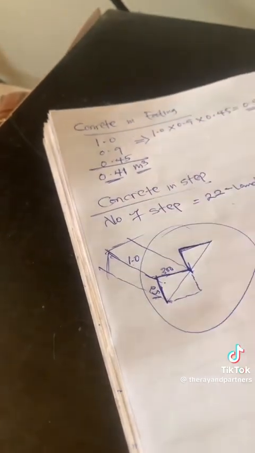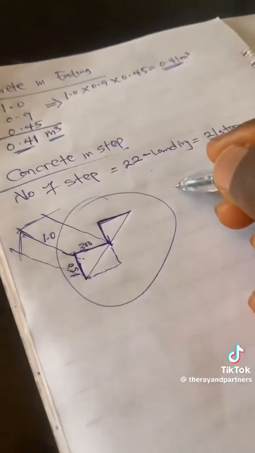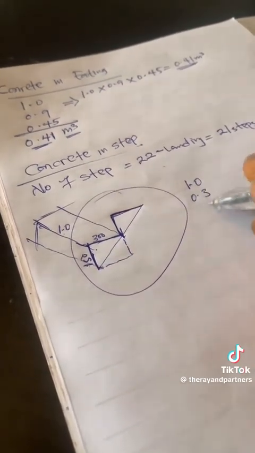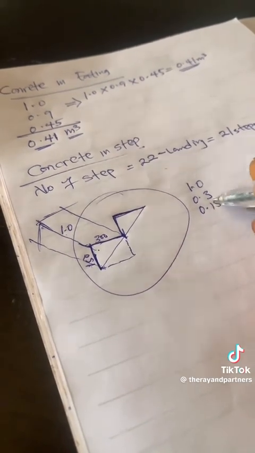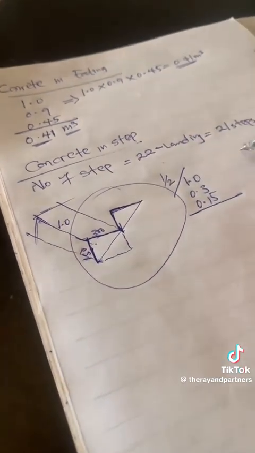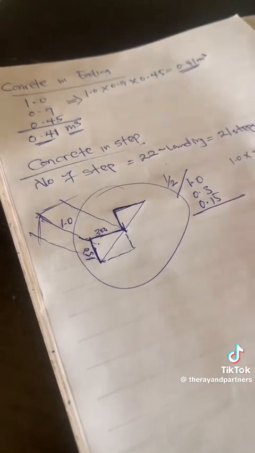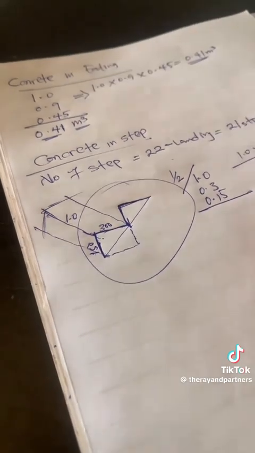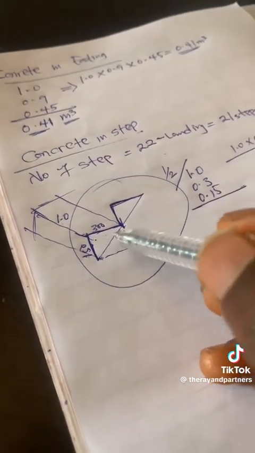So our calculation will now come like this. We will have 1.0 multiplied by 0.3 multiplied by 0.15 by 1/2. Or you say 1.0 multiplied by 0.3 multiplied by 0.15 divided by 2,